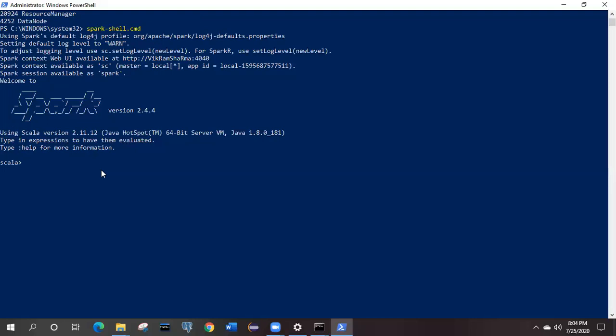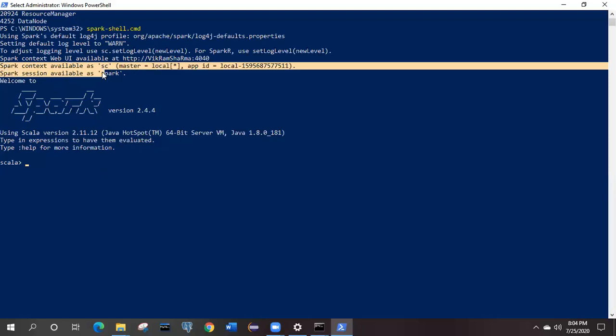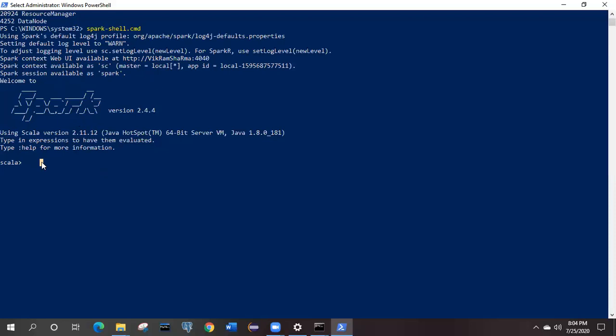What actually does it mean and how is it going to work? I'll give you a very basic example. You can see that a Spark session is now available, a Spark context and a Spark session both are available here.